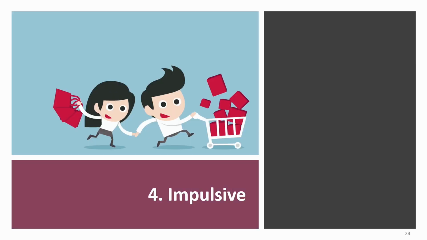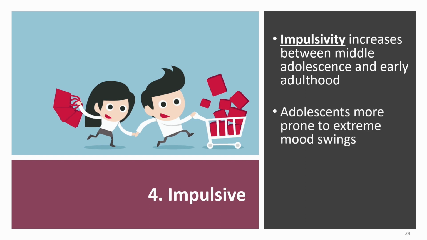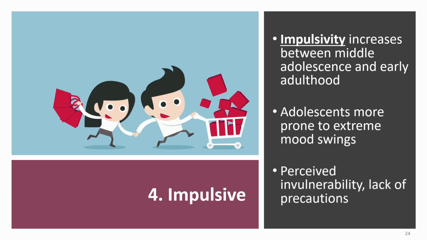And the final one we'll talk about here is impulsivity. So basically, adolescents, again, are more impulsive. And there's research that has found that impulsivity really increases between this time period of middle adolescence to early adulthood. And in general, adolescents are more impulsive, and they're more prone to extreme mood swings, to shifting moods between high and low, and that adolescents, building into this, are more likely to think